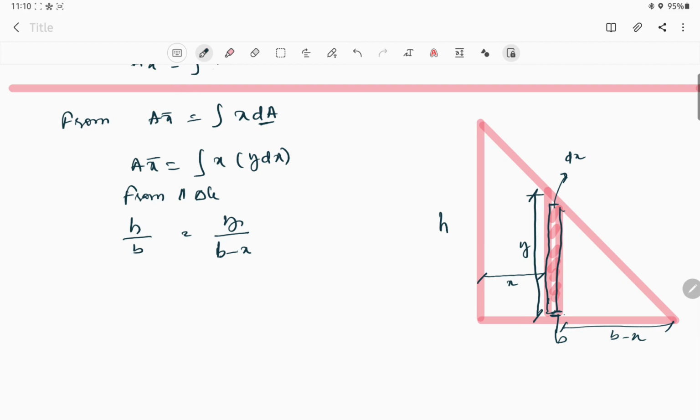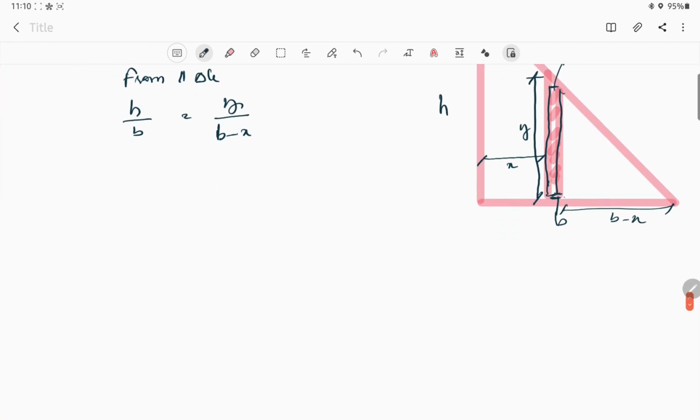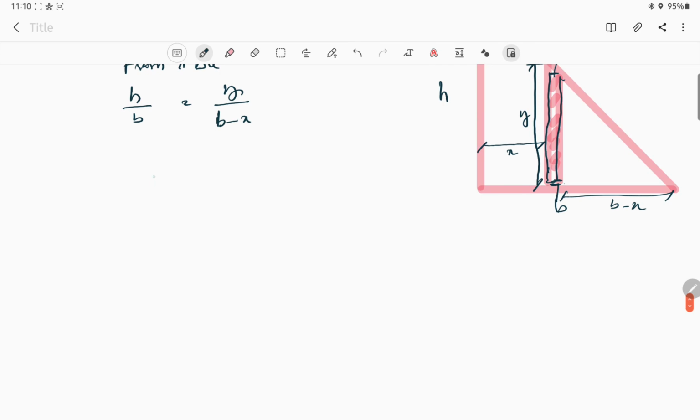So what we will do here now? y will be equal to h by b into b minus x. Okay, so A x bar is equal to integral x into h by b into b minus x